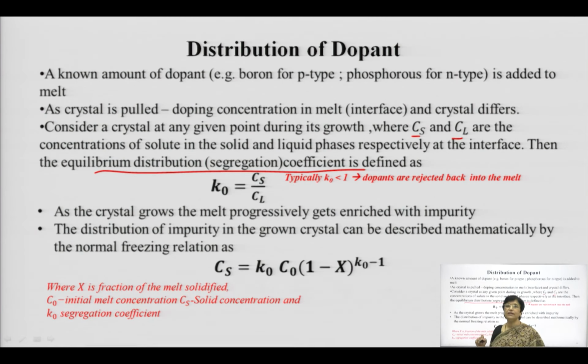These are basically the solubilities you can say, or these are basically the concentrations of solute in the solid and liquid phases respectively. As you know, the molten silicon is having impurities in it. As the silicon growth is going to happen, the crystal is going to grow slowly, the crystal will be in pure form and the concentration of impurity in the crystal is going to increase slowly as